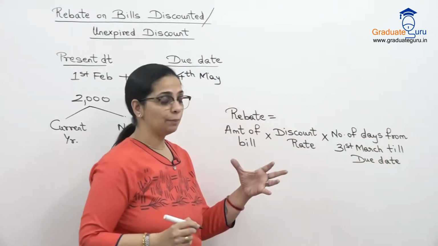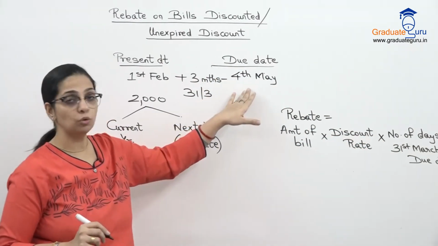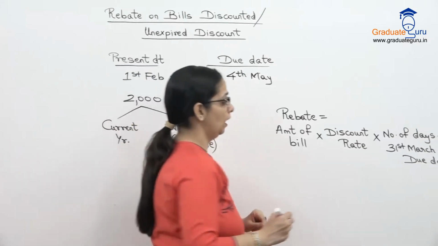So again in our example it will be from 31st March to 4th of May